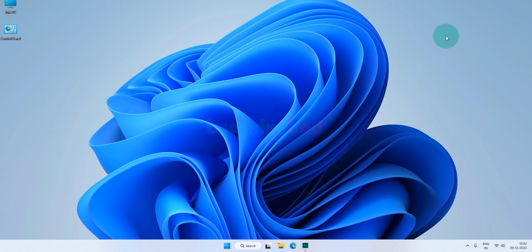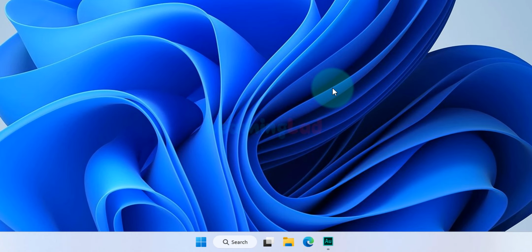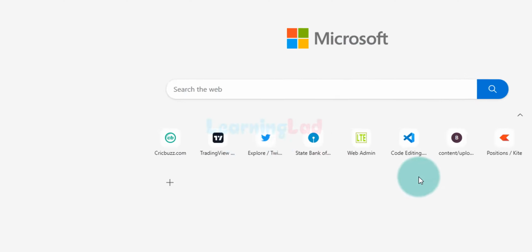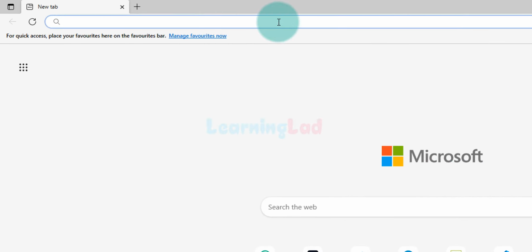In this video we will see how we can download and install the latest version of Visual Studio Code in Windows 11 operating system. So the first thing that we have to do is open up any browser that is installed in our computer. I have Microsoft Edge. I'm going to open it up. And after that, in the address bar of the web browser, we will type the web address as